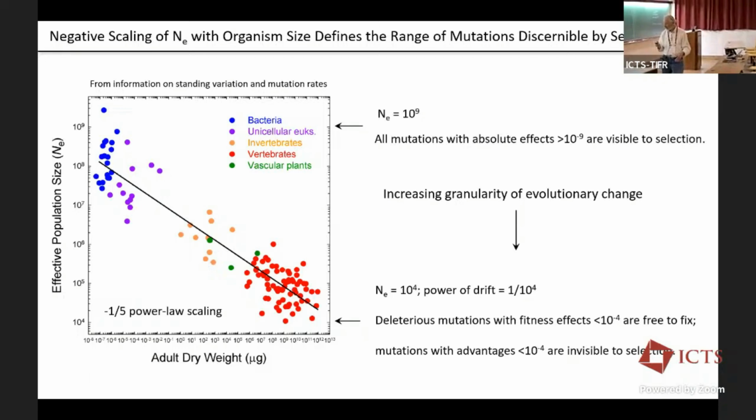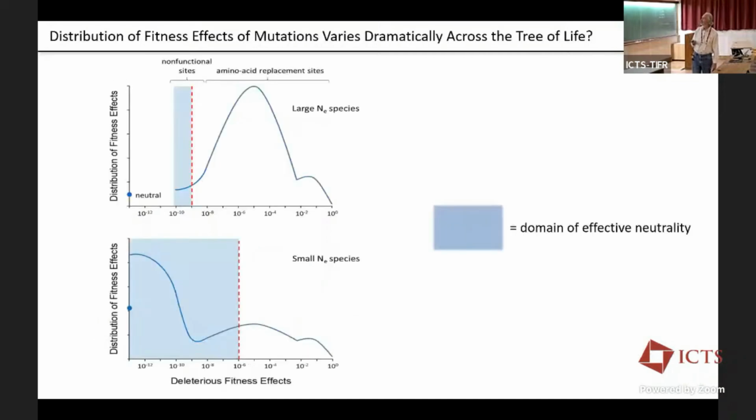And I also want to emphasize that there's about an order of magnitude range of variation at any one size of an organism. There's about an order of magnitude range of variation around that. Some of it is due to measurement error. Some of these populations aren't in equilibrium and so on. But we also expect parameters like this to range through time for reasons I'll talk about later.